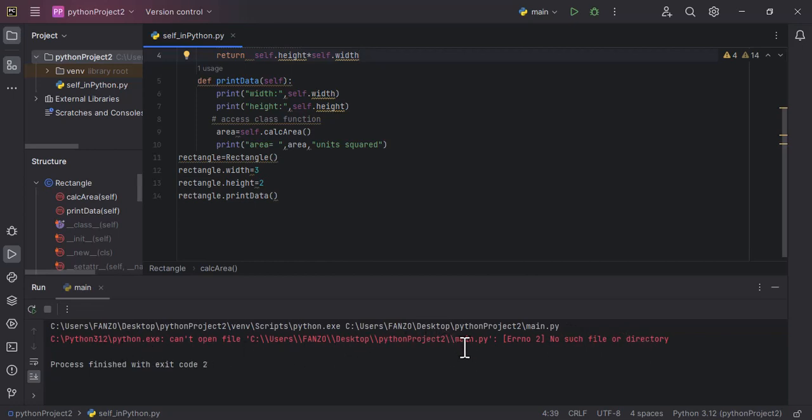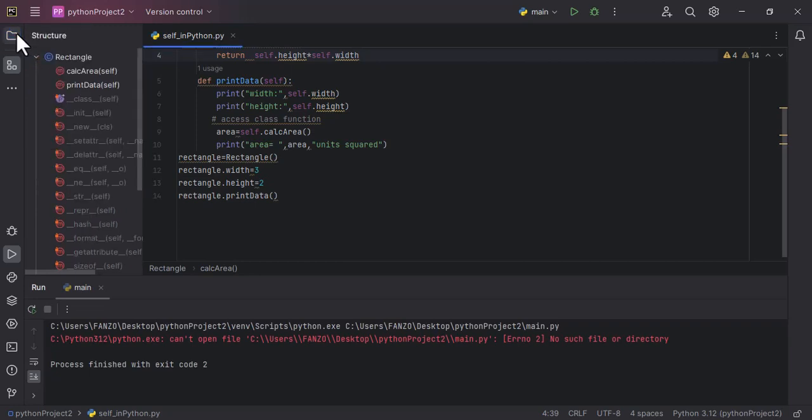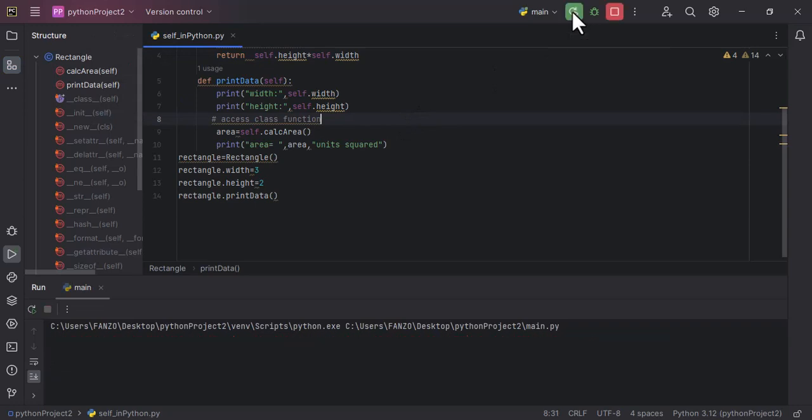So desktop python 2 main.py. So why is it doing that? Okay, let's go to the project, and we have called this. So let me just see the structure fields. Okay, that is fine. Let me try to run it once again,